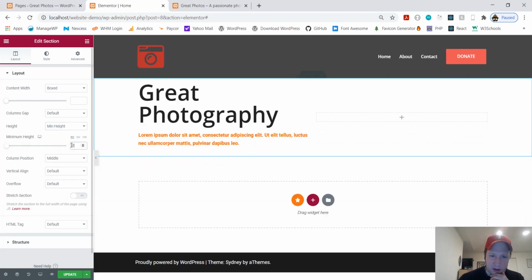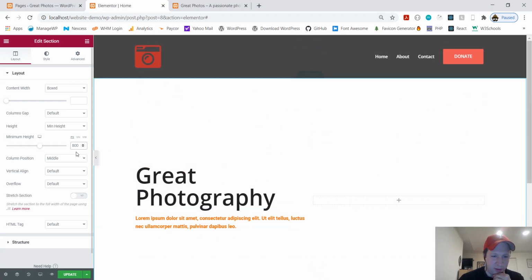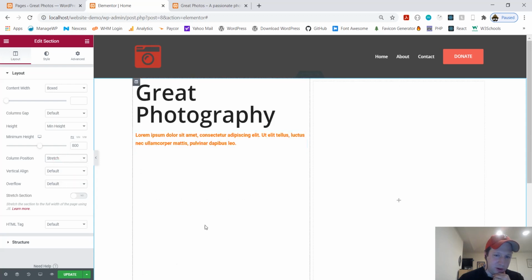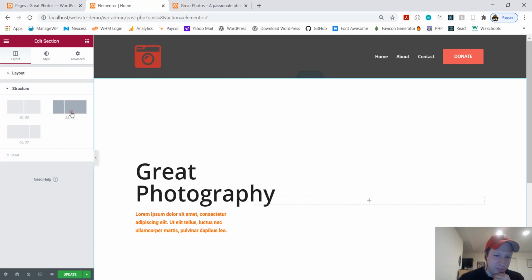So it's going to be a big portion of it because this is your intro to your site. You can change it to the top, the middle. See how nice this is? You could play around with that, or you could stretch it, meaning it goes all the way top and bottom. We're going to put it in the middle for now. Vertical line. I mean, these are just things you can play with. Okay, structure. You can just play around with it.